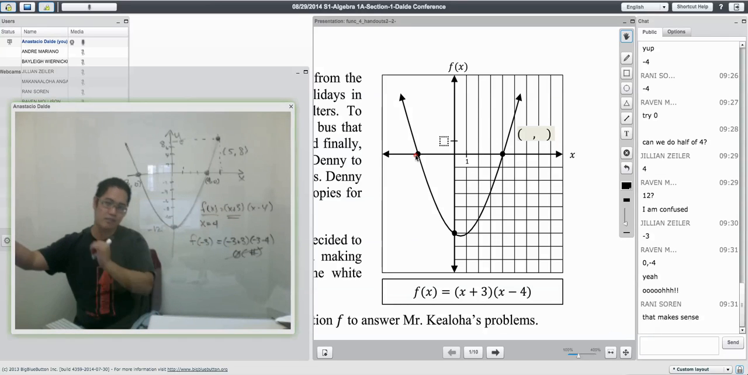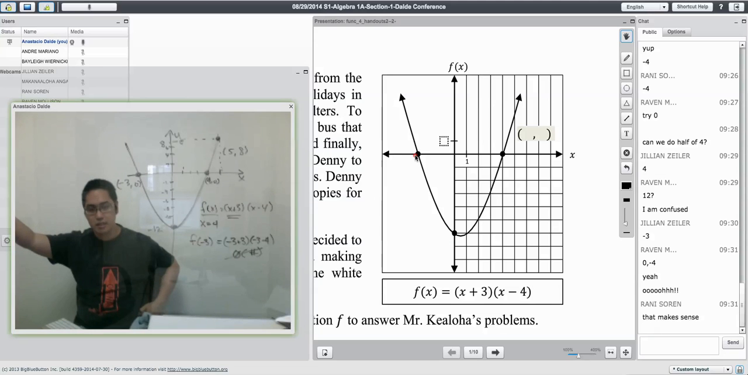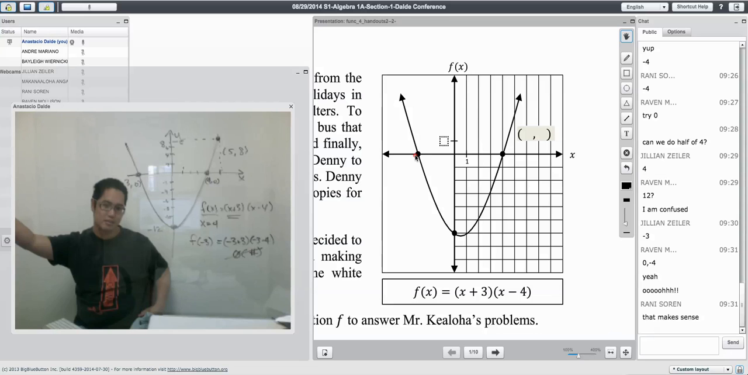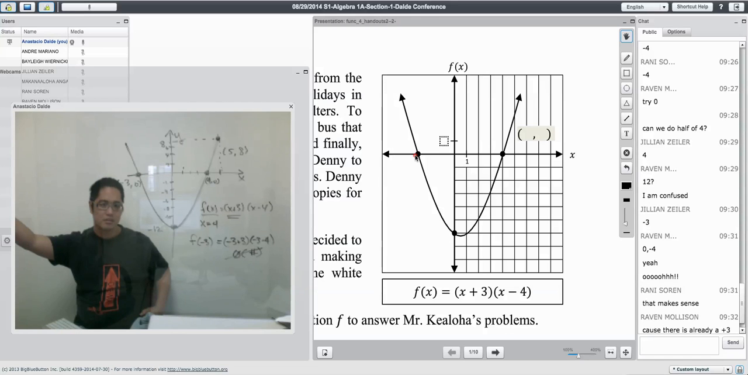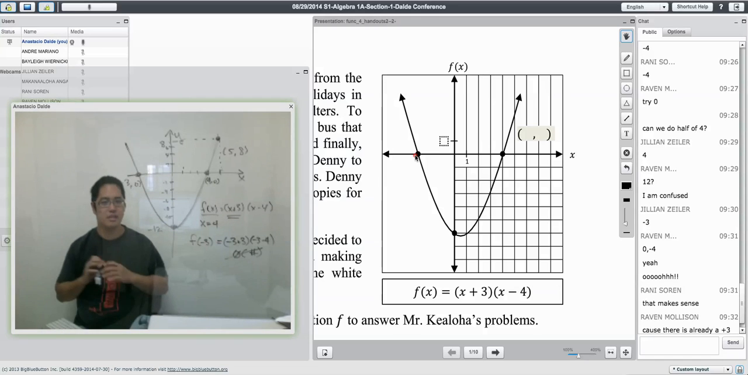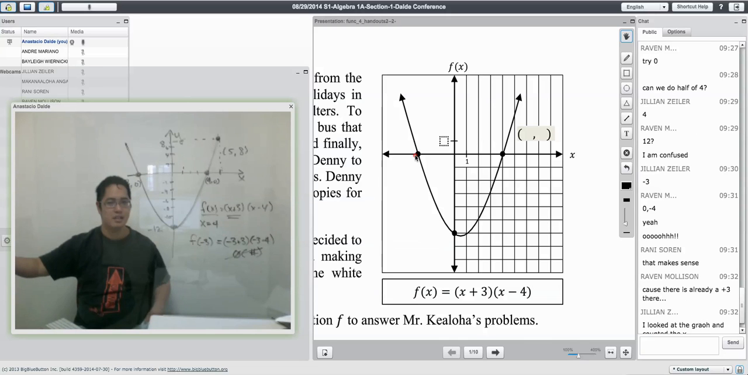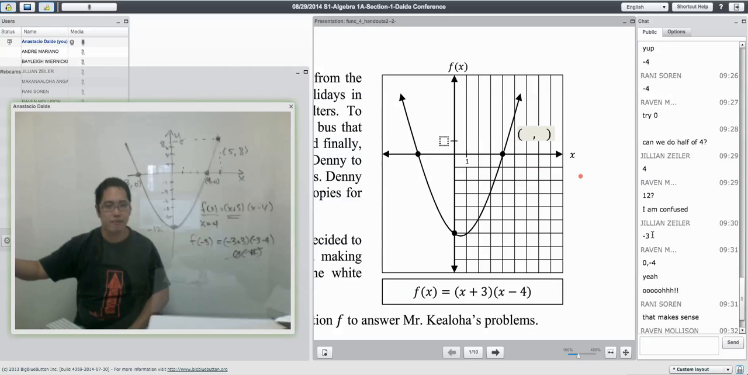Now, Jillian, I have a question for you. How did you get negative 3? Did you look at the graph? How did you get negative 3? Was it just a guess? Because there's already an A plus. I see. You looked at the graph and